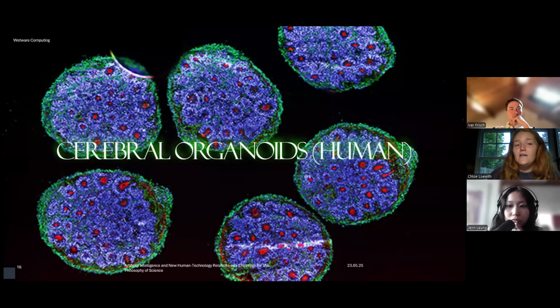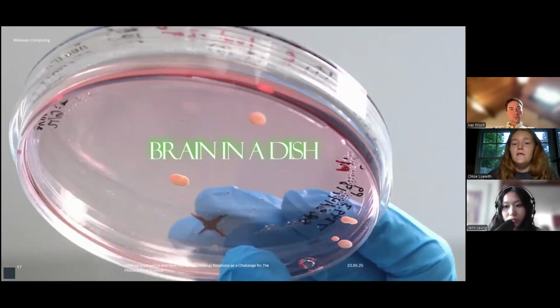And here's a little bit more about cerebral organoids themselves. So they could be referred to as cerebral organoids or human brain organoids. They are three-dimensional structures grown from human pluripotent stem cells, and they mimic aspects of the architecture of the human brain and the functionality of the human brain. They are not shrunken down versions of full human brains, but they do mimic models of sections of human neural architecture. And they are encultured in environments that promote self-organization into these structures that resemble these regions of human brains.